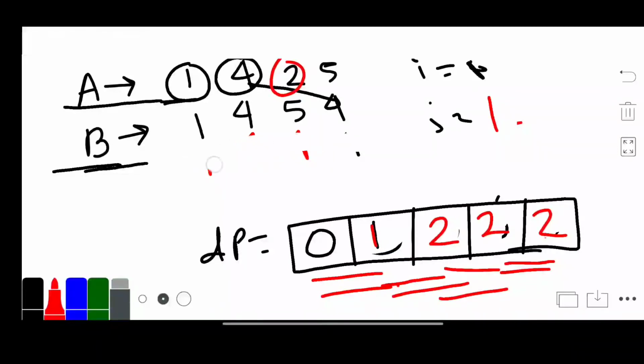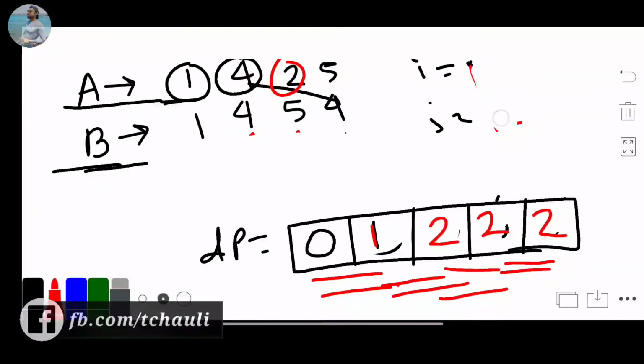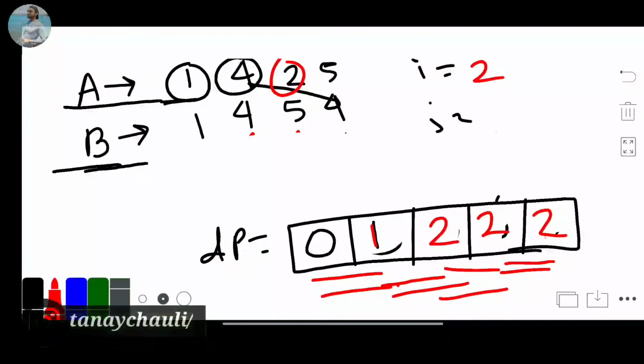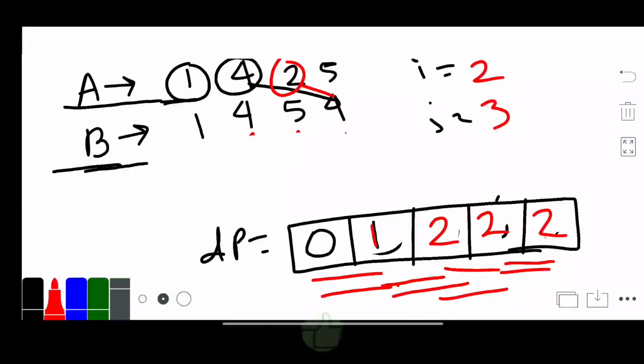Now we move to the next value, that is 2. So there is no match for 2, so we will check from the B right element, that is not matched, and again decrease the jth value and check, there is no match again, and check with 4, that is not matched again, and check with 0, that is also not a match. And if it is not a match, we will not update our dp. So now we'll simply move to our next value, that is 5.